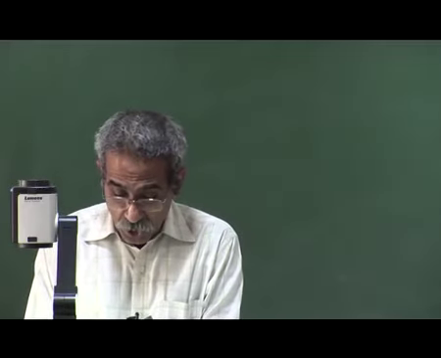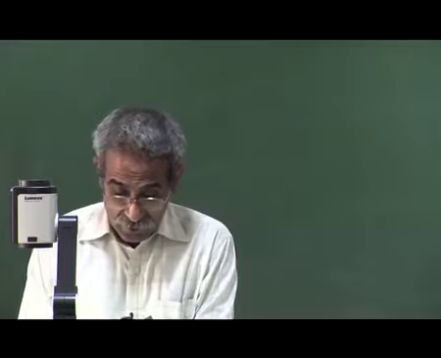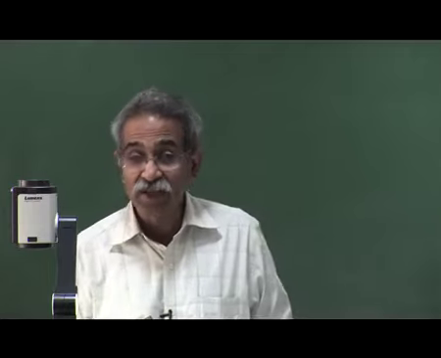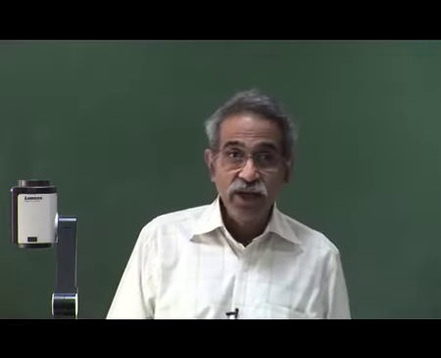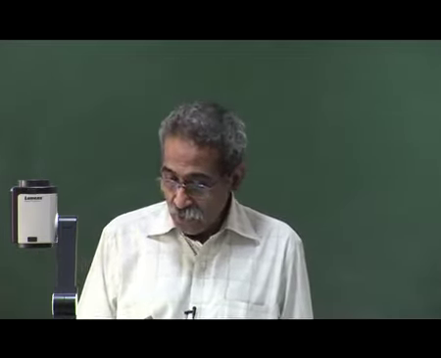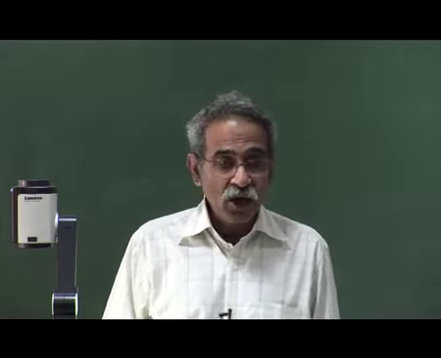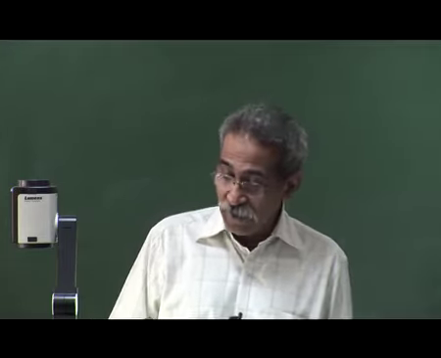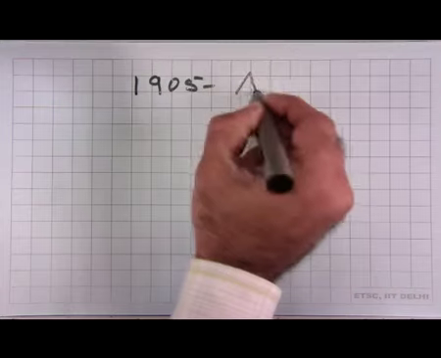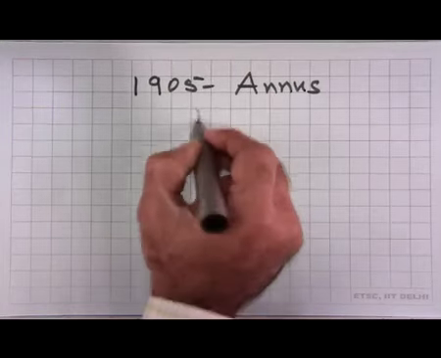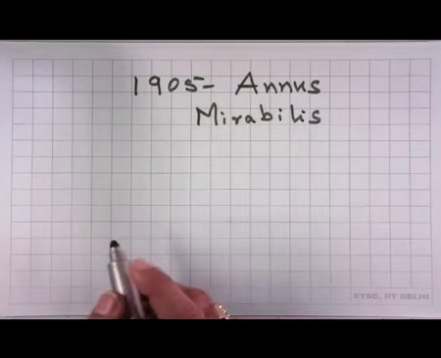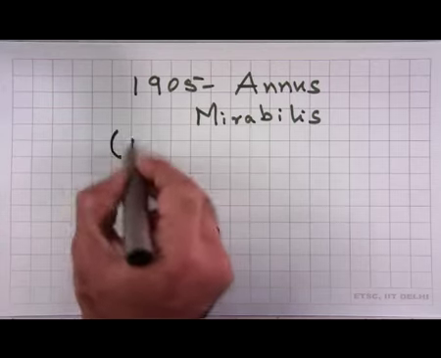You may know that in 1905, Einstein was a young man of 26 years old. He did not hold any position in any university. He was actually a clerk in the Swiss patent office, and he wrote this paper. Even more important is that he not only wrote this paper, he wrote two more fundamental papers. So 1905 is called Annus Mirabilis. This is Latin, and if we translate it into English, it means the miraculous year.